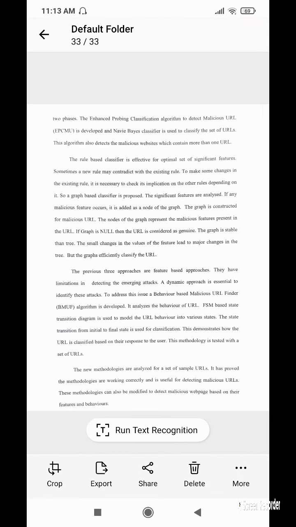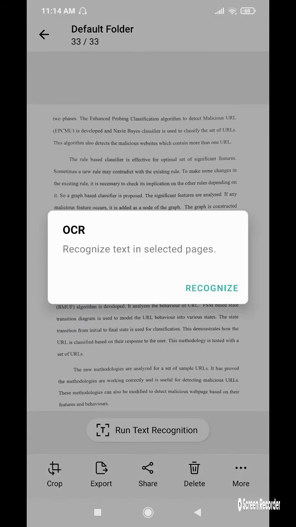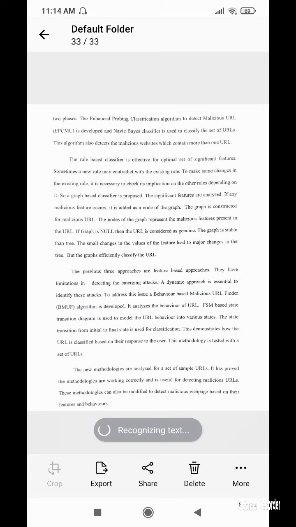Now this is my captured image. Now I have to run the text recognition, to convert the text in the image to a text file. Immediately at the bottom of the captured image, you will get a symbol, which is a T in a square bracket, for run text recognition. You have to select it. So select recognize. It recognizes using the OCR technology, which is used to read the text from the image file.